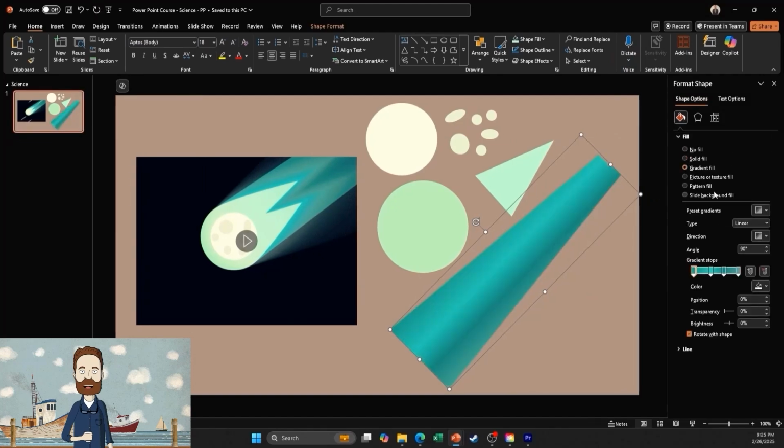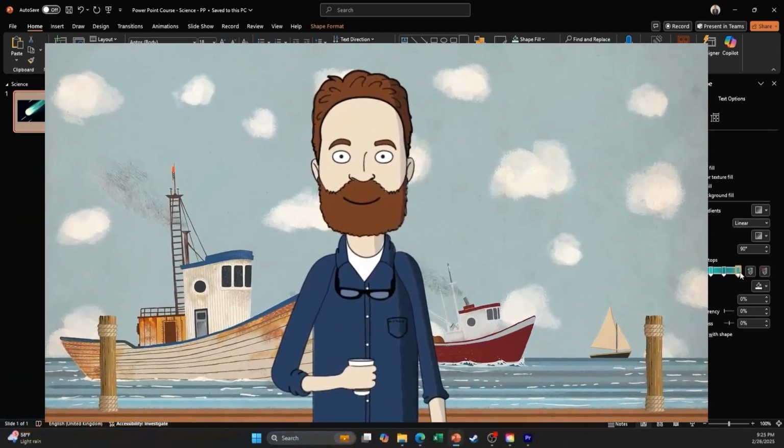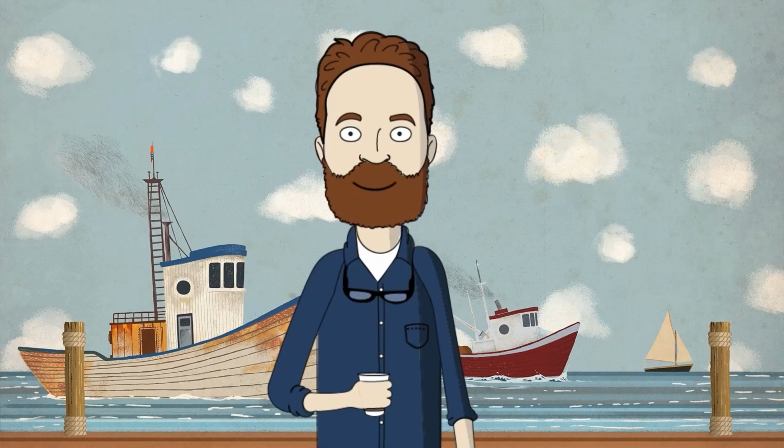You'll notice that the tail consists of 4 different colors. These colors were also selected using the eyedropper tool. To replicate this effect, click on each gradient stop, then go to the color option in the menu, and use the eyedropper to pick the exact shades from the comet reference image. This subtle touch adds depth and realism to the comet's fiery trail. Now that our comet pieces are fully built, let's move on to the next session, where we'll bring it to life using animations.